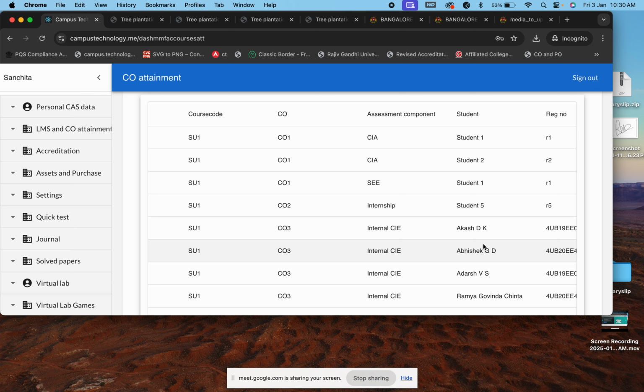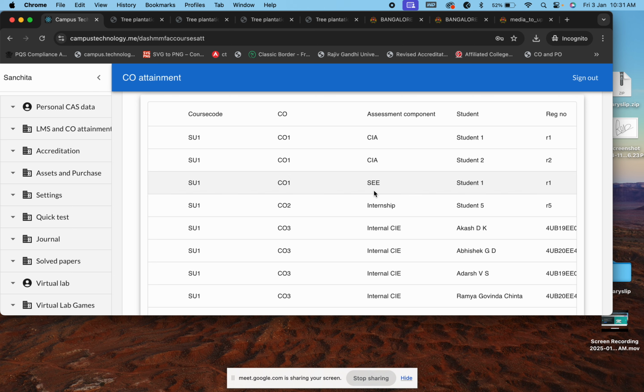I am telling, in case you have not done that, let's say you have set the question paper but you do not know which CO it is mapping to, then we can do something called an approximation. Usually, in the first internal assessment, generally it is CO1, CO2, CO3, or CO1, CO2, CO4, maybe 3 COs. So you can write here approximately what COs it is mapping to. Then for the second internal assessment, the rest of the COs. So we approximately say out of 10 maybe 20% is CO1, 30% is CO3, something like that. That is an accepted method in case the mapping is not done.